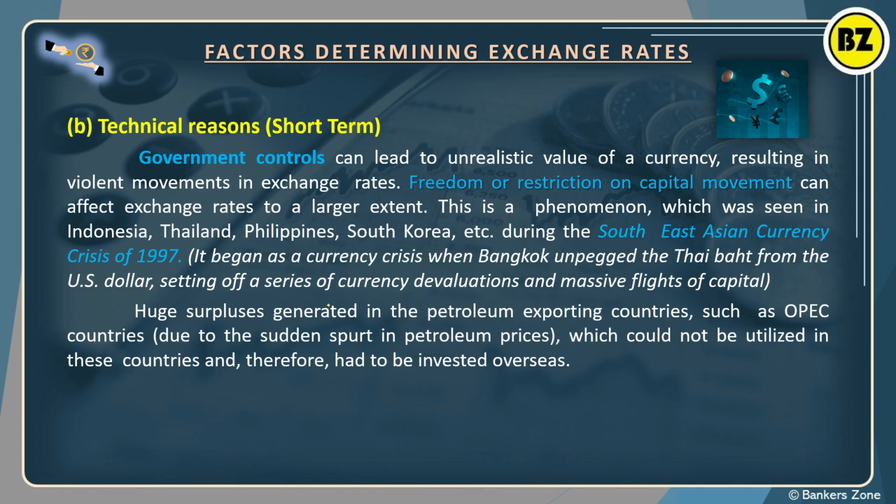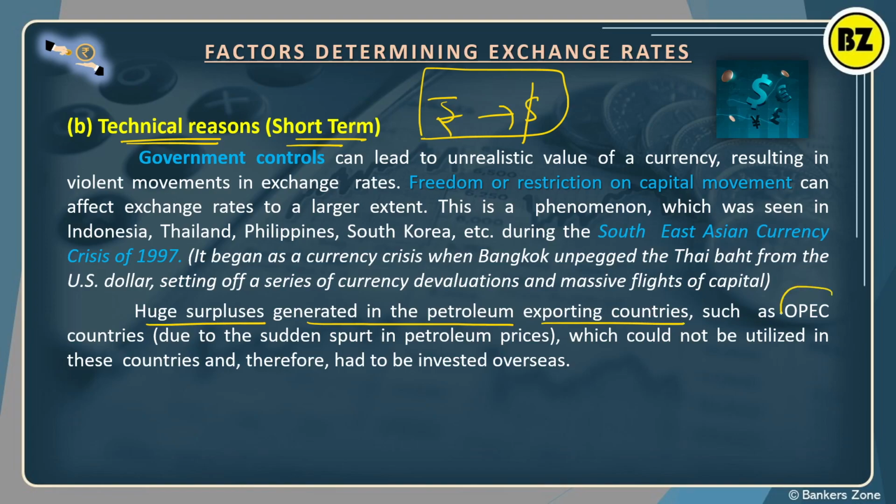Okay, so we are discussing the technical reasons, and technical means what? Basically these affect the currency in the short term. Short term they are affecting the exchange rate between the currencies. Now a huge surplus is generated in petroleum exporting countries like the OPEC countries, due to the sudden spurt in petroleum prices, which could not be utilized in these countries and therefore was invested overseas. So obviously,